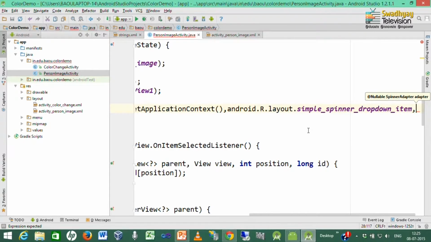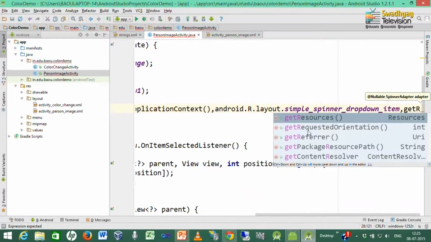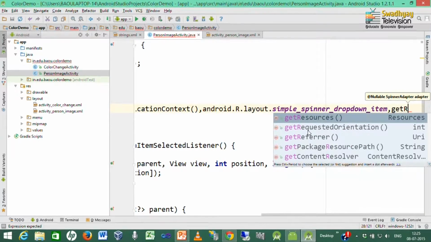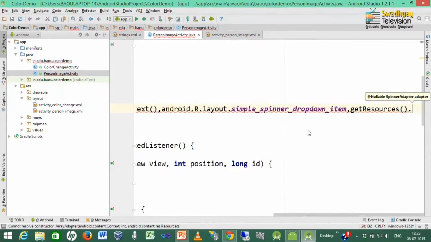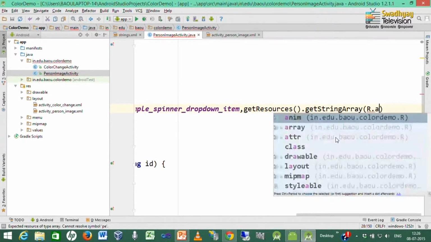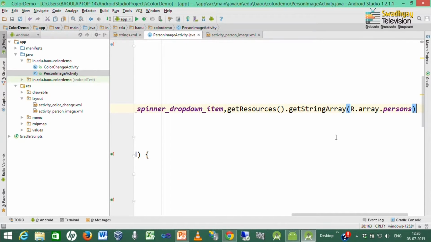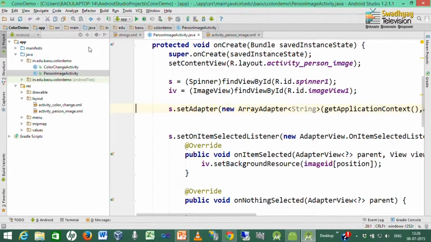So, here we use getResources because we want to fetch the array from resources, getResources().getStringArray and its ID is R.array.persons.